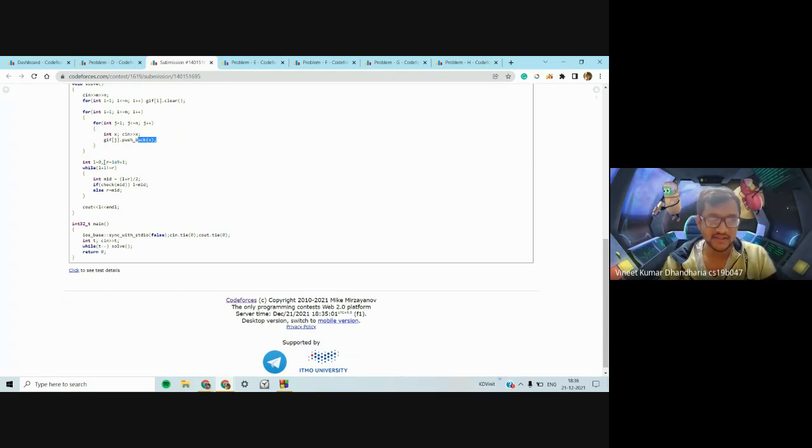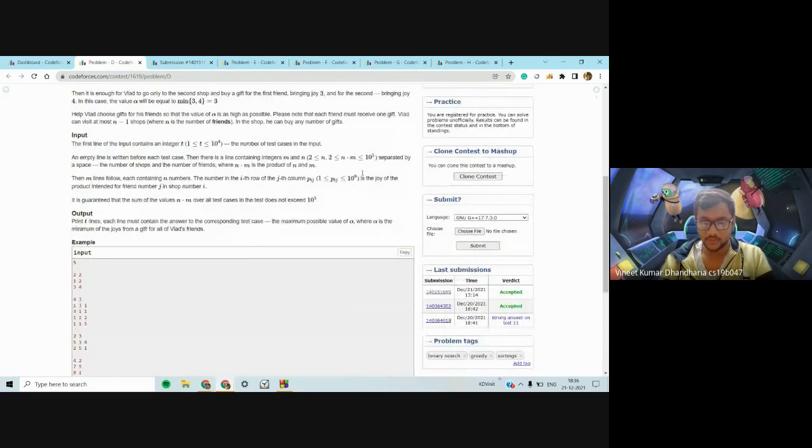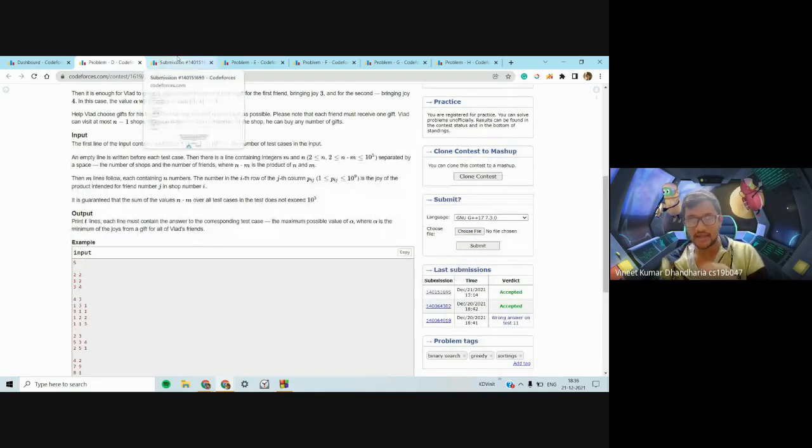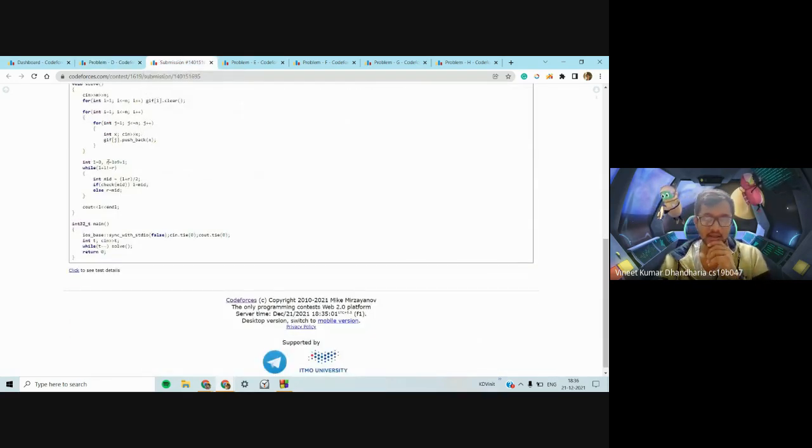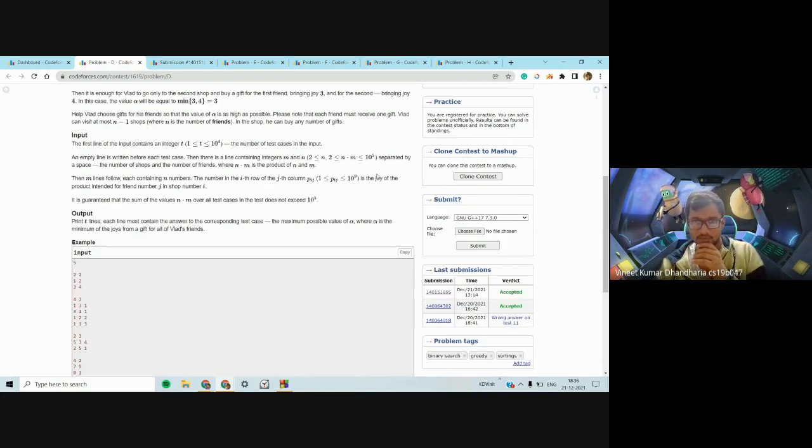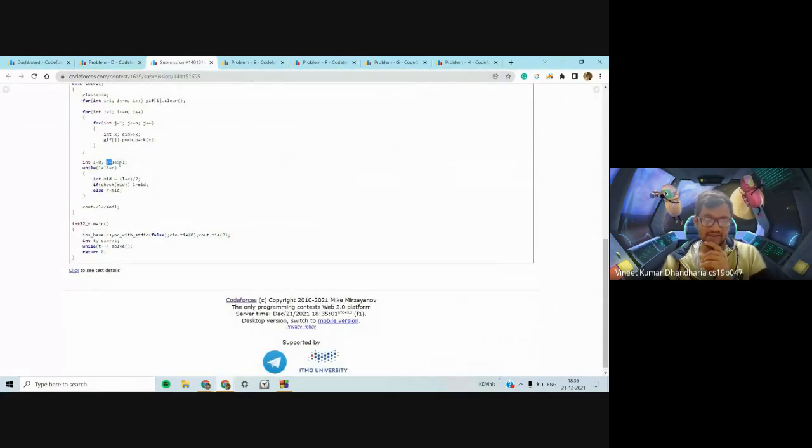Now for the binary search, you define L to be 0, because you know you can always give greater than or equal to 0 happiness, since all the values are between 1 and 10 to the power 9. So L is a value which would always be true, and R is a value which you know for sure would never be true. So R equals 10 to the power 9 plus 1, because all the values are at most 10 to the power 9. You define L and R that way, and then you simply do the binary search.